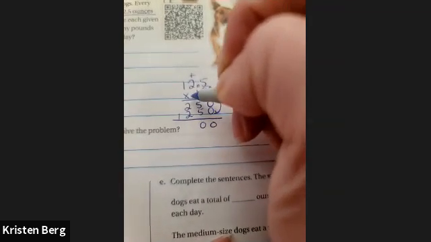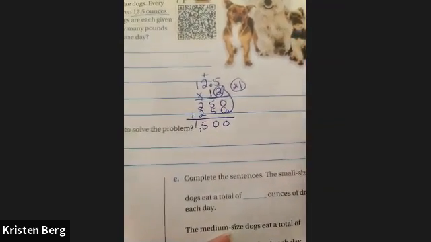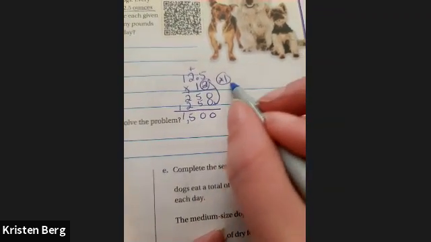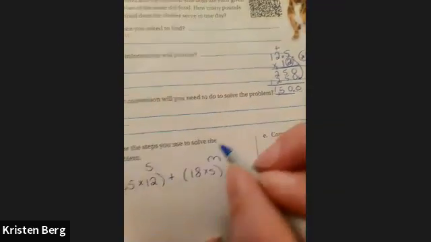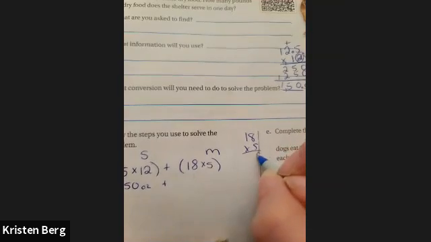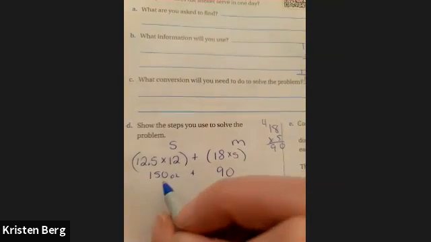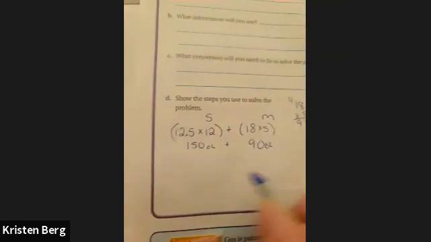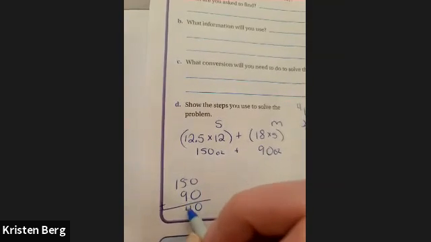Then when you add this, that would be 1,000. Oh, sorry, not 1,000. You have to move that decimal over 1. So it's actually 150 ounces. Would be that one. And then here, I'm just going to times this very quickly. That would be 90. So when you add up both of these, 150 plus 90, that would be